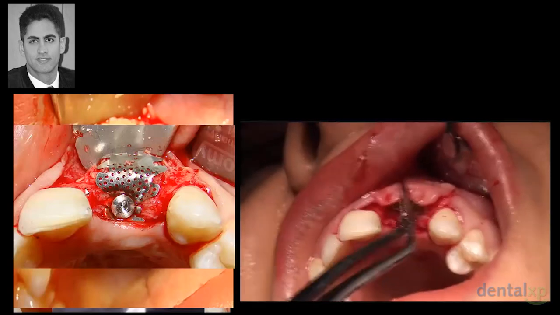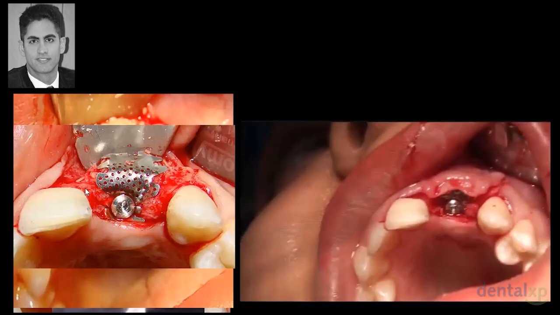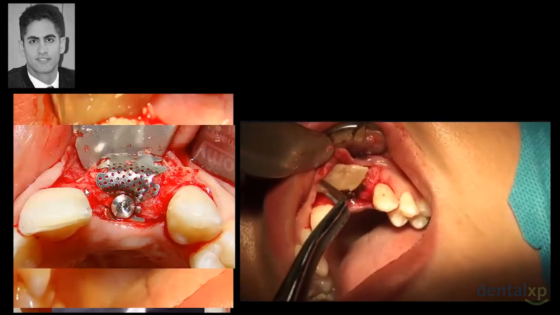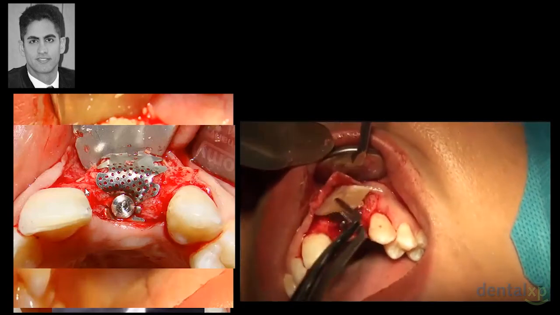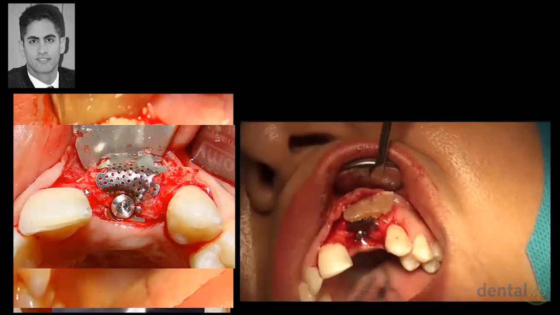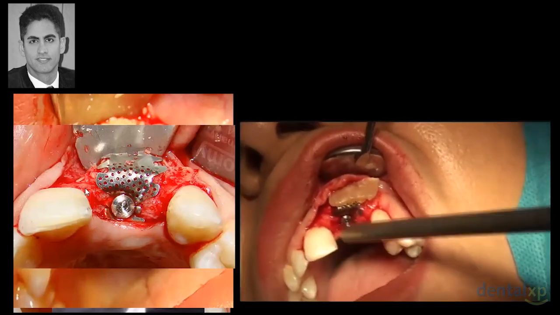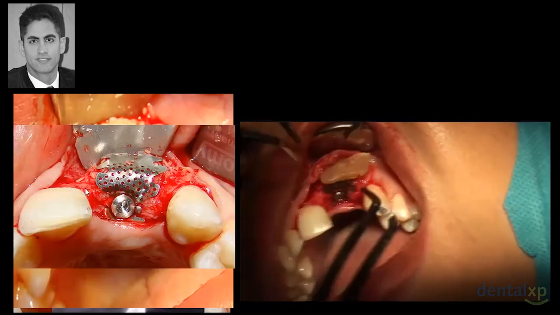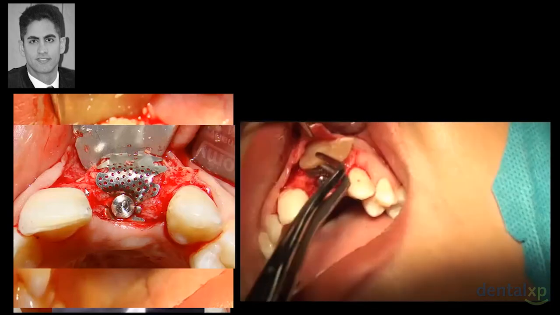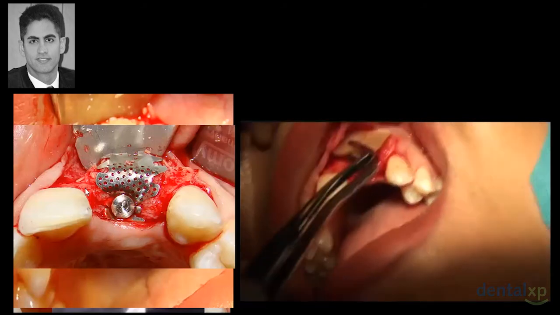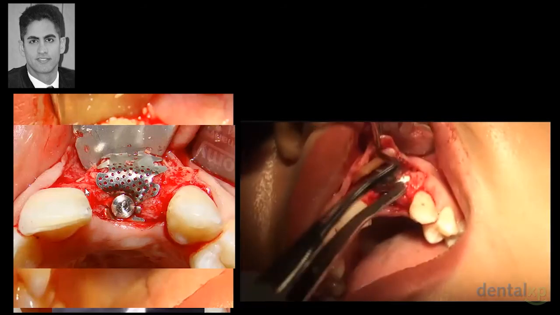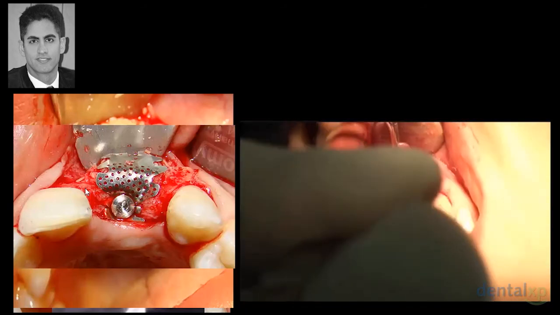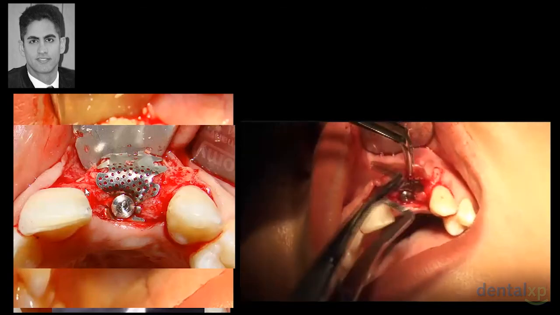So now we're going to check again the flap advancement. This is the dermal graft that I'm going to put at the buccal aspect of the flap, where I have a thin tissue, and that's the area that I have the concavity, and soft tissue follows the form of the bone, so I want to increase the tissue thickness also in that area over the augmented bone. After placing the dermal graft there, I'm going to start to close the case with vertical